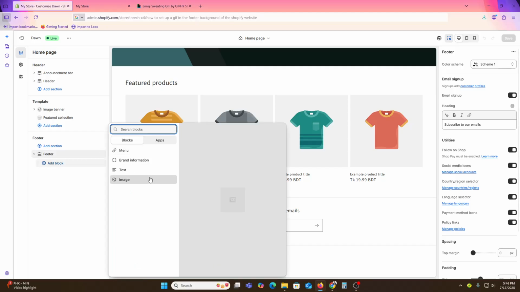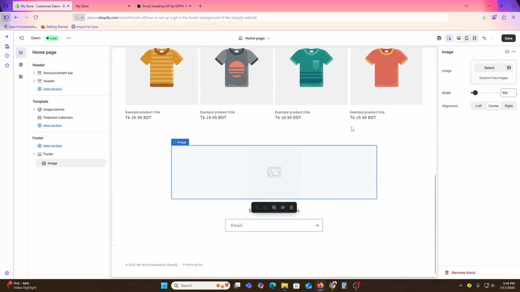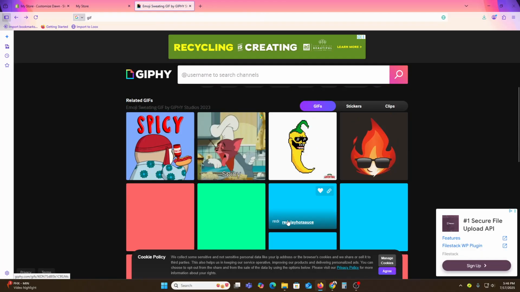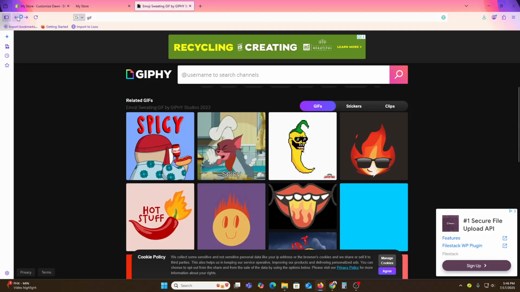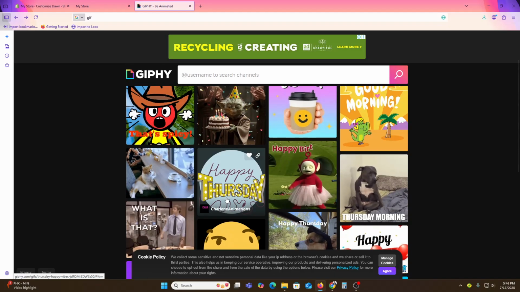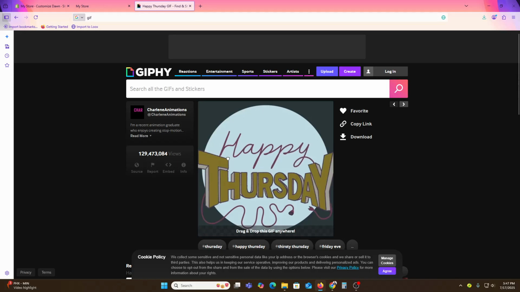So I will select this image option. Once I select the image, now I will just click on select. Once I click over here, then I can easily add GIF files. So let's say I have a couple of GIFs, and I just want to add a GIF in here. Let's say we are going to add this one, or maybe this one, and then I'll click this one